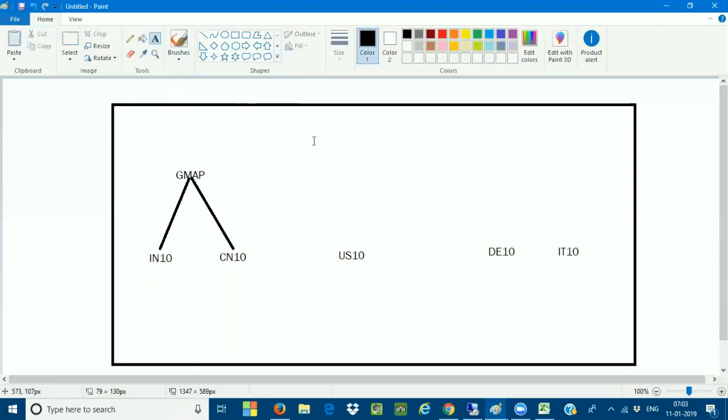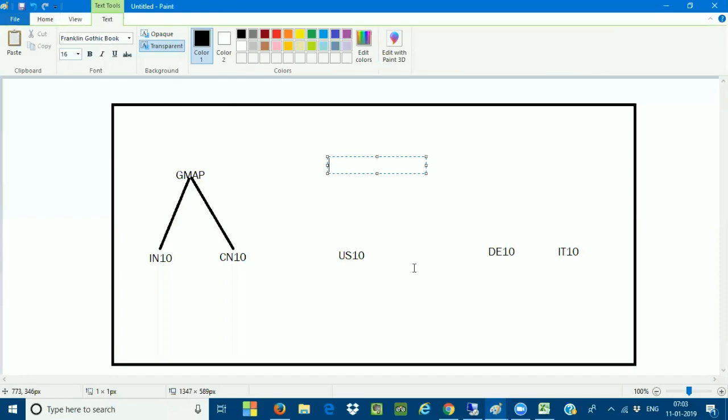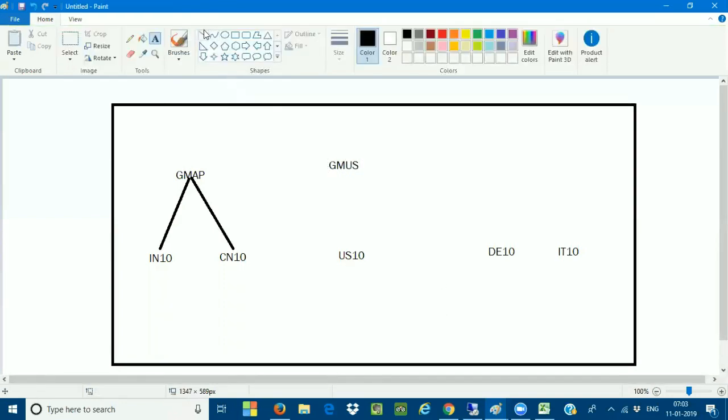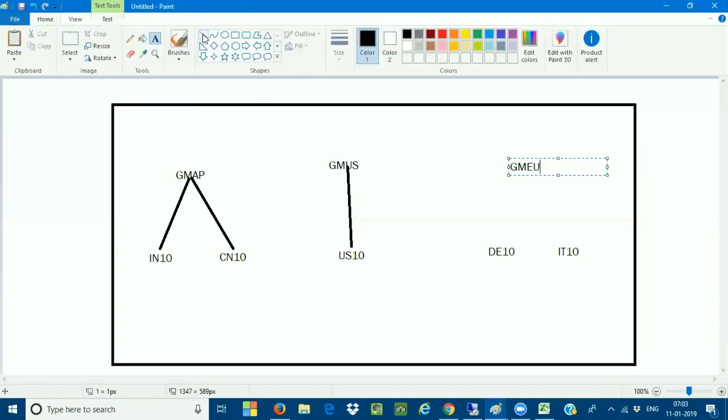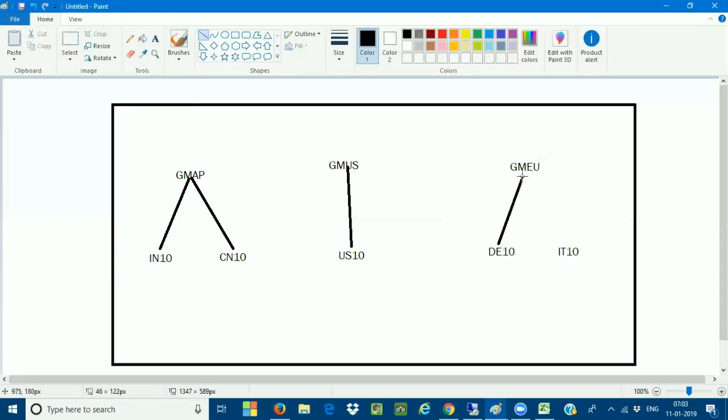Then in the US, I created General Motors US and assigned this company code to this company. In Europe we have two company codes, so I created General Motors EU, and these two belong to this company. All these settings I'm doing in the same 400 client, not using a different client.